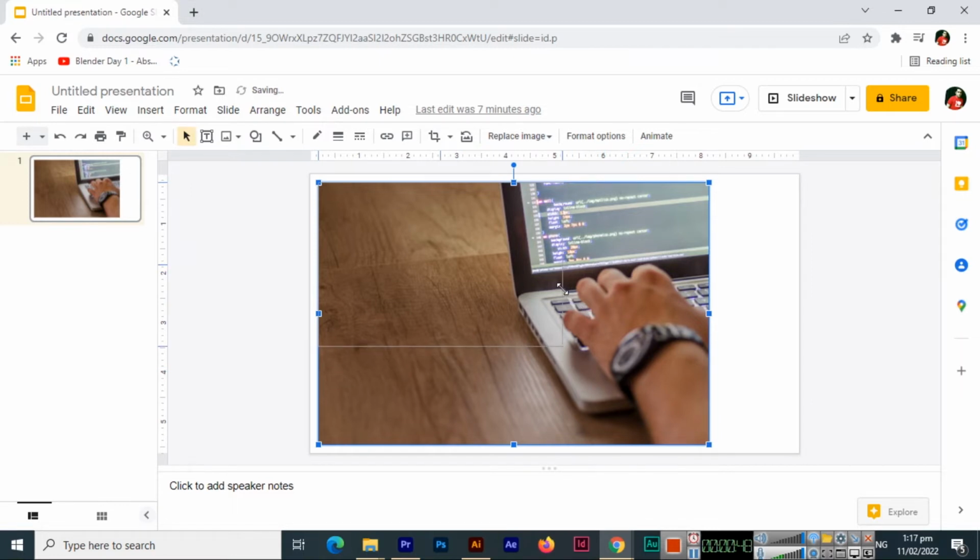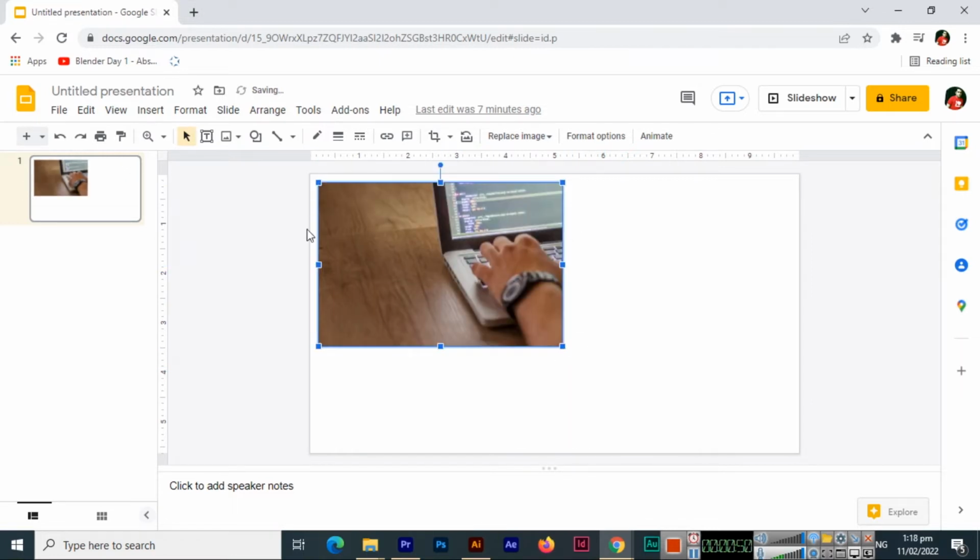So what we can do, we can also resize it from this transform control, from here, from anywhere. So now the main thing, we want to add a link. Once you select this image, you can see here insert link. So just click on insert link and type here the link like